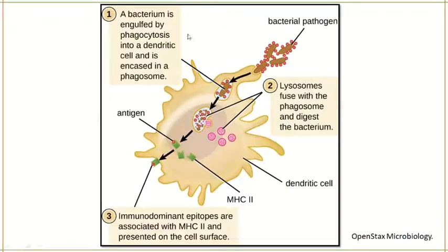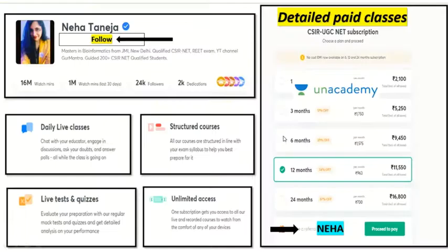So this is a simpler version. I hope you guys have understood about MHC and antigen processing and presentation. We saw MHC1 and MHC2 antigen processing and presentation in today's class. I hope it is a very simple one. I also gave you handwritten notes for you to easily understand and remember the pathway.